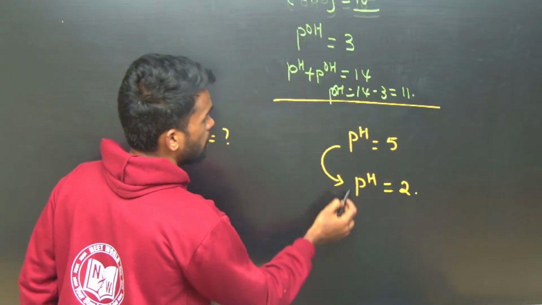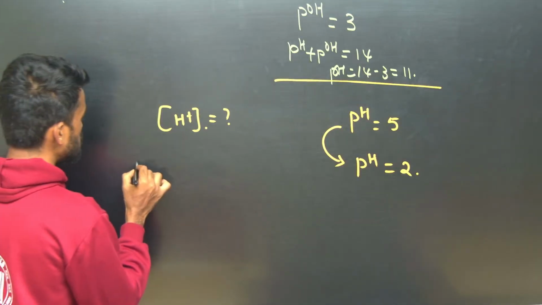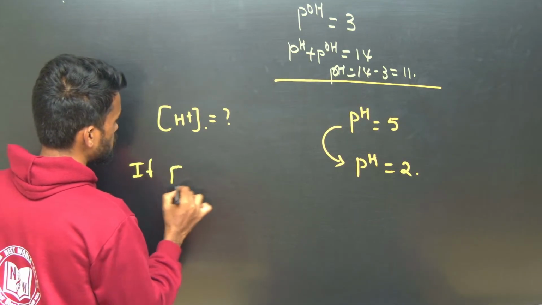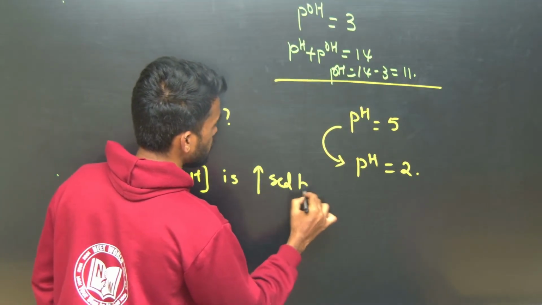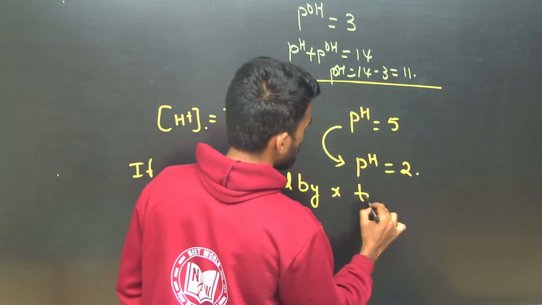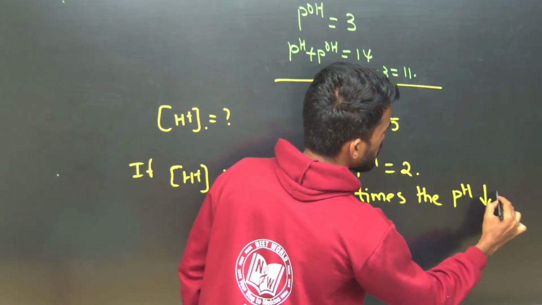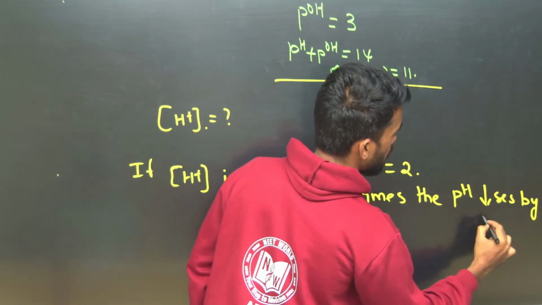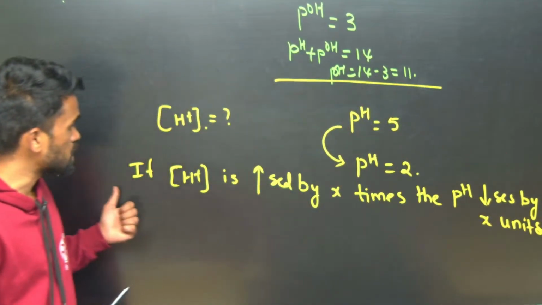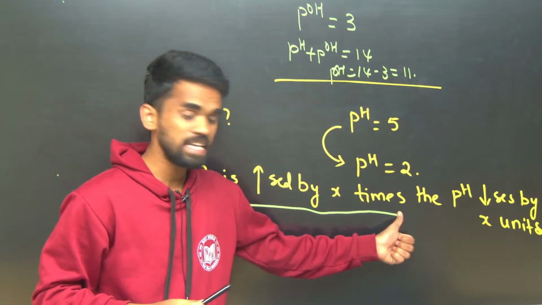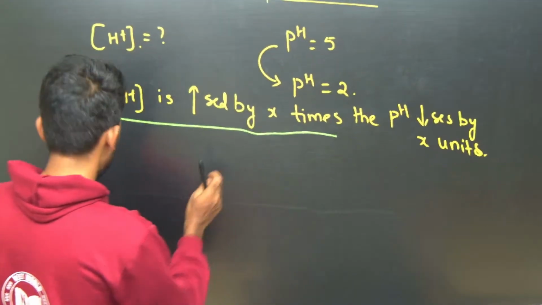So how do you answer this kind of question? Look here. If the concentration of H plus ion is increased by x times, then pH decreases by x units. What I am saying is, if the concentration of H plus ion increases by x times, then pH decreases by x units. Okay, so for example,